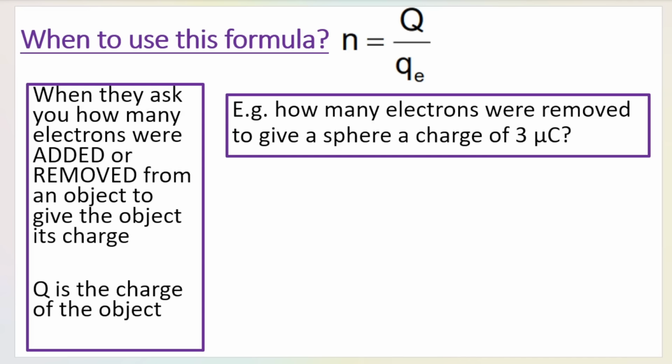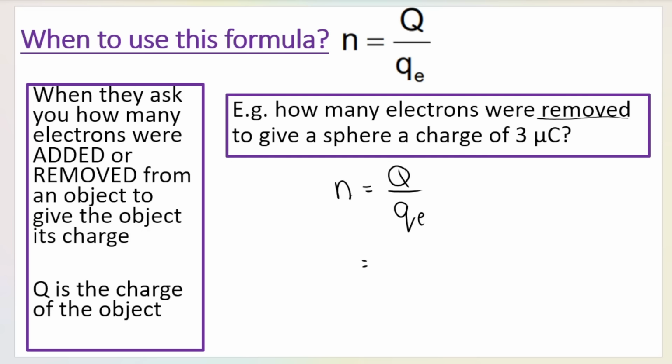So let's do this example first. Very similar to the one that I made up a few seconds ago. They could say: how many electrons were removed to give a sphere a charge of 3 microcoulombs? Now, first of all, how do I know that electrons were removed? Because electrons are negative and this charge is positive. So when we remove the negative stuff, we leave it with a positive charge. Now, all you do is you take your formula, you write it down,